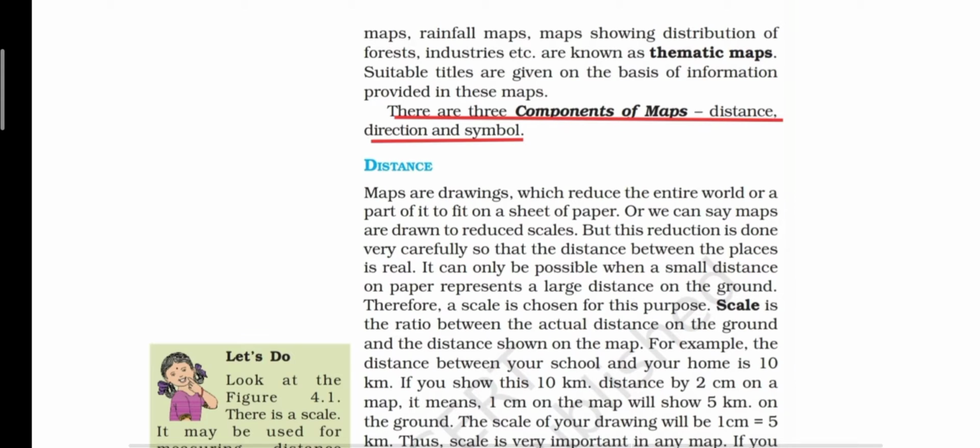So, children, the third type of map is a thematic map, and a thematic map is a special type of map designed to show particular information such as about the rainfall, temperature, crops distribution, roads, industries, soils, etc. So children, these type of maps will focus on only one thing. For example,